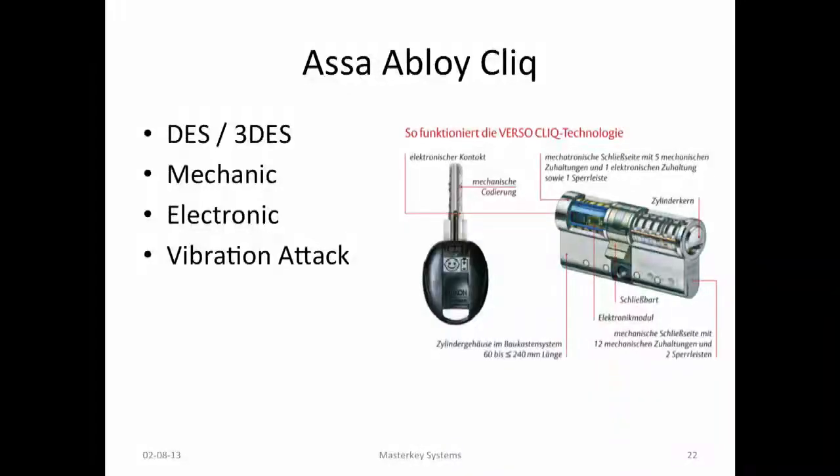So also a nice system was here. You have a mechanical key and an electronic one. This is the first thing, we say you have two different levels of access. This will be nice. We have an electronic inside, just with a pin inside. This communicates with some DES, older, newer with triple DES, also a very old algorithm. So maybe not really secure. The electronic key is pretty good here, and the older system also has a vibration attack.